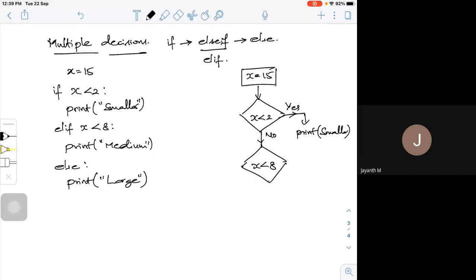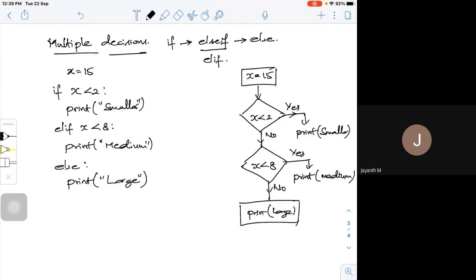If the condition is yes, it will print medium, some number in between. If both the conditions fail, it has to print a large number. So this is the multiple way.